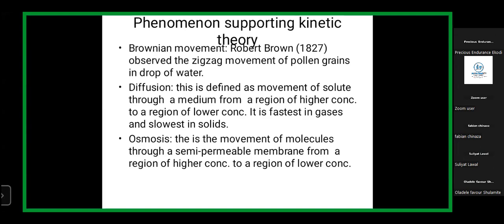Osmosis and diffusion. For example, you have those of us that prepare moi moi or akara. We know that for us to prepare moi moi, most of the time we have to soak the beans, right? By the time you come back, you see that the beans are swollen up, meaning it has absorbed the water. So the water has moved from inside the bowl where it is concentrated to inside each seed of beans where it has least concentration. And the semi-permeable membrane here is the coating on the beans itself. So that is a practical example of osmosis.